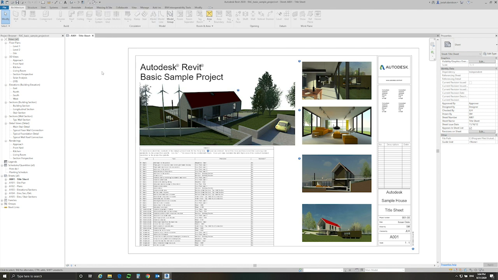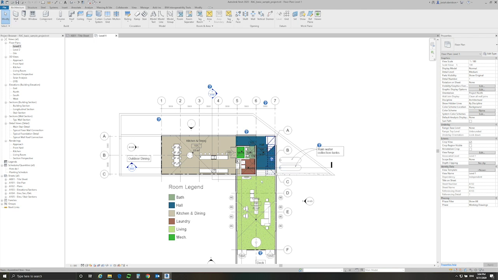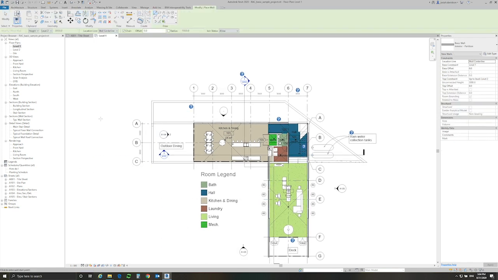The next thing we're going to talk about is the status bar, which is located in the lower left-hand corner. I like to think of it as a hint bar. If you're ever not sure what Revit's waiting for or why something's not getting done, check the status bar. It gives you a lot of hints about what the software is waiting for and what you can do in Revit's current state. You'll notice if I hop to the level 1 plan, don't worry about how you get there, we'll talk about that in a second, and I was creating a wall, you can see that the status bar says click to enter wall start point,